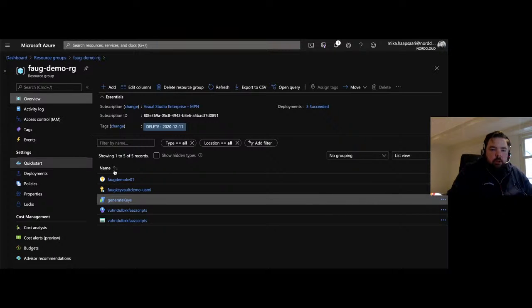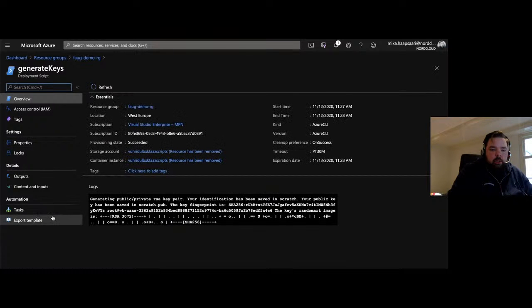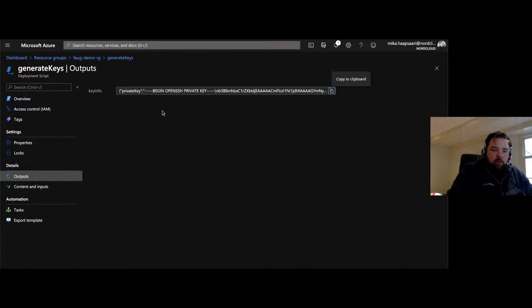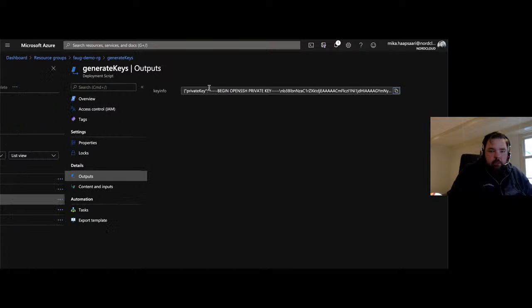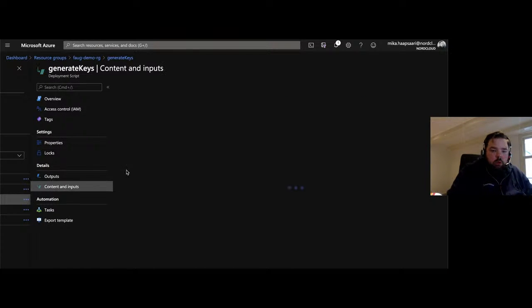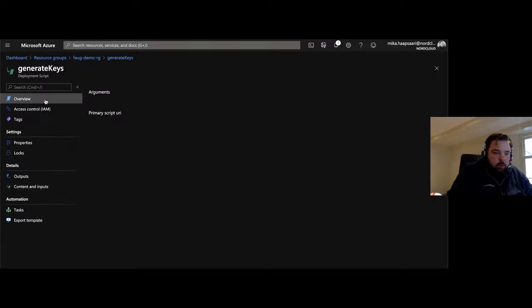And in this deployment script resource, we can then see what happens. Here we have a log that is not really easily read, but at least there's a log. That's good. And in the output section, it's one line, but yeah, you can still see that there's the private key. Yeah, and this is only the arguments, but